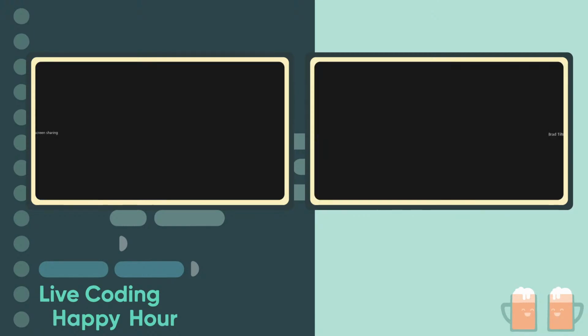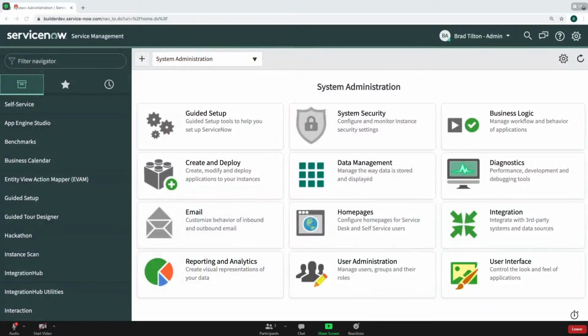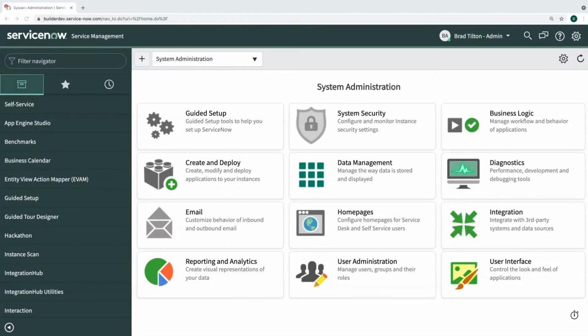Nice. Well, do you want to go ahead and start your screen share, or do we have anything else we want to talk about before we move to the screen share? Let's go ahead and start our screen share. Awesome. So I will do that by clicking share screen. And that should be the right monitor.